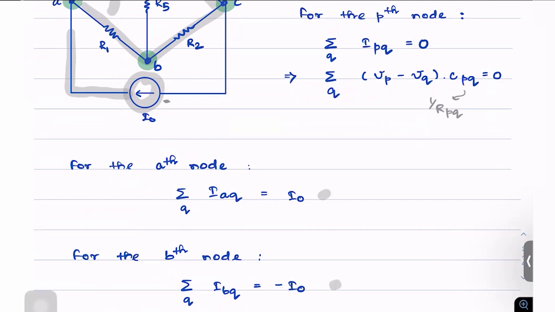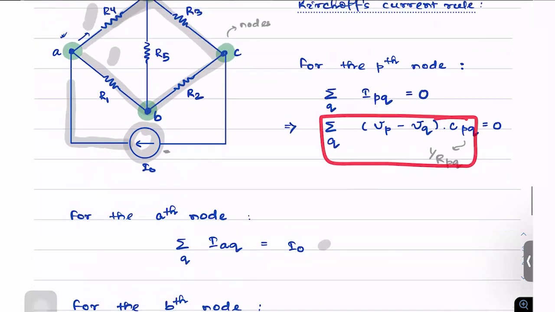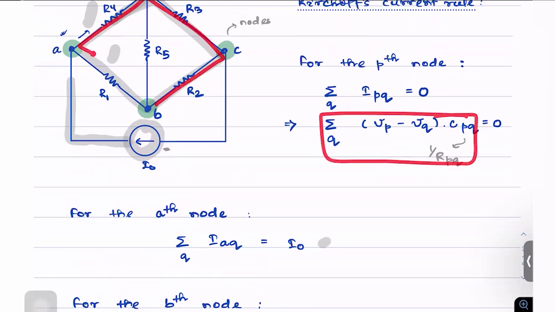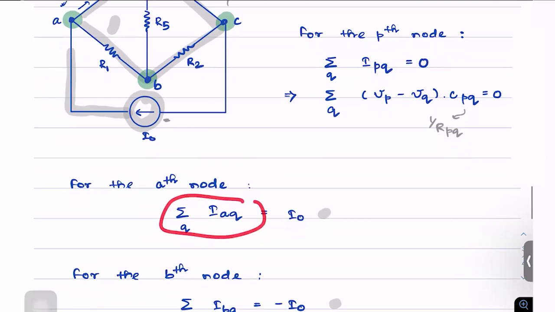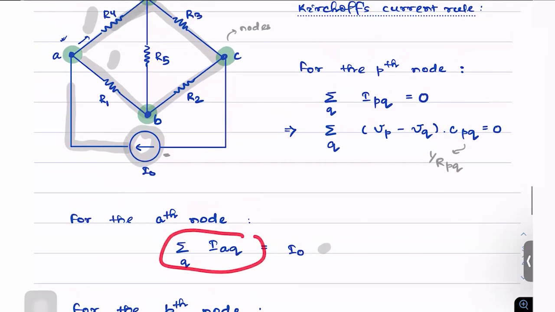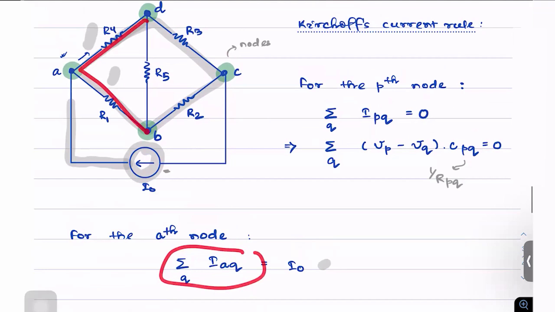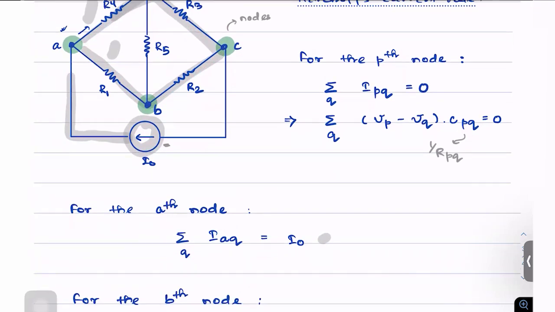Meaning, now, if we look at the LHS here, this pertains specifically to this part of the network. Similarly, the LHS here and the LHS here, both of them again correspond to only this part of the network. So effectively, what we have done is on the LHS, we only have the branches which connect these nodes with each other only and not to the external sources.